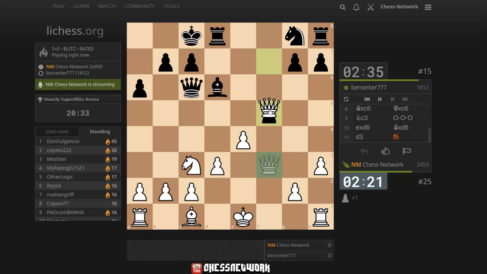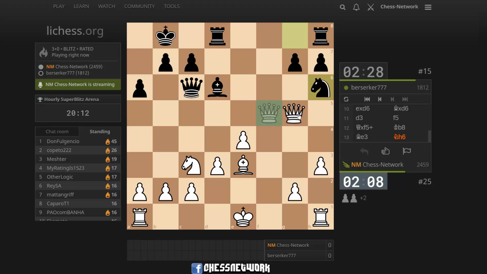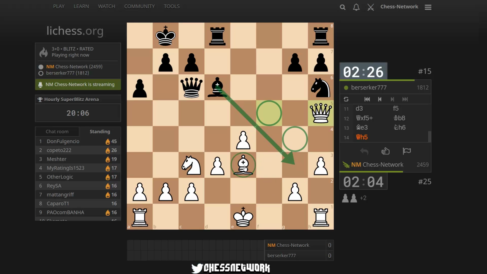So, oh, I could take here with check. I'll just put the bishop here. Bishop check here doesn't scare me. Castle by hand. That move. Alright, let's keep the queen in black's house. Once more, this doesn't scare me. The knight is under control. I have good harmony here